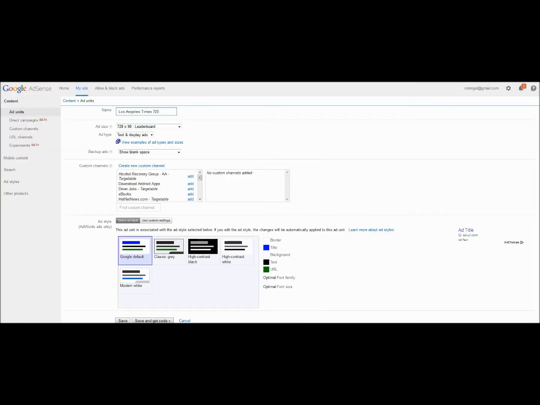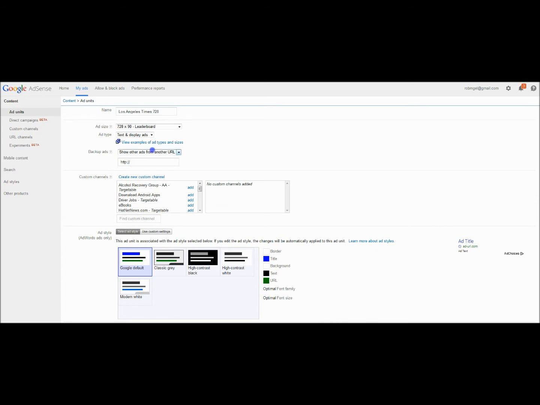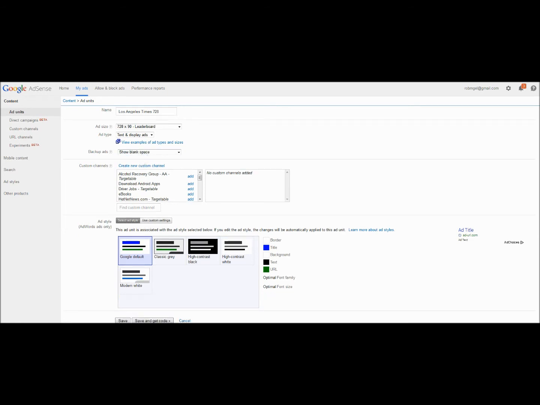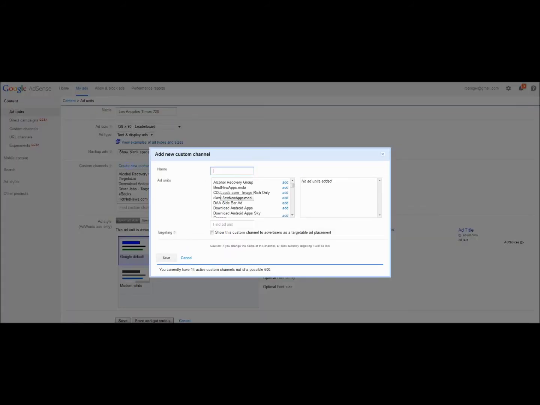And where it says backup ads show blank space, you can go ahead and show ads from other URLs, or you can fill the space with a solid color. We're just going to go ahead and leave it blank. For the custom channel, you can go ahead and create your own custom channel, and we'll go ahead and create Los